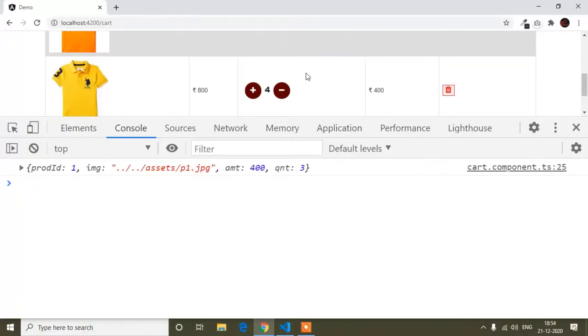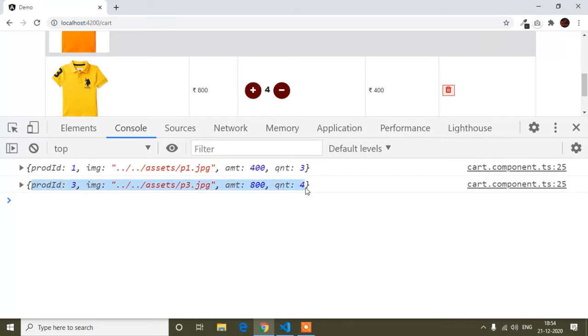In the same way if I click the next product, I get the details of the next product. But I don't need all the details, I need just the quantity and product ID from these details.